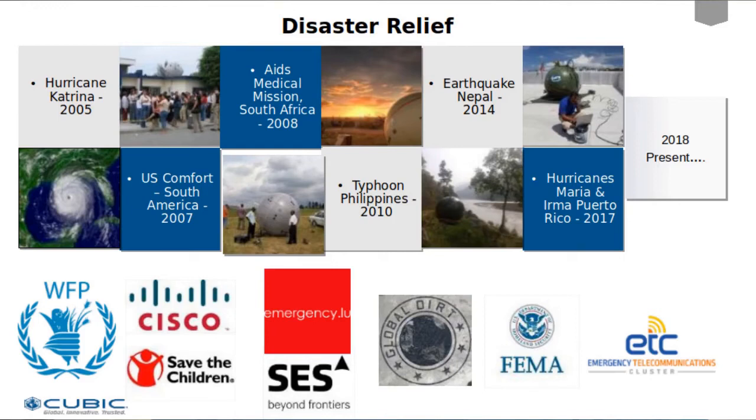In 2007, we were on the USNS Comfort in South America. In 2008, we did an aid relief mission for South Africa. In 2010, we responded to a typhoon in the Philippines, to an earthquake in Nepal in 2014, and to hurricane relief for Maria and Irma in Puerto Rico in 2017. Some of our business partners are Cisco, SES, FEMA, and Emergency Telecommunications